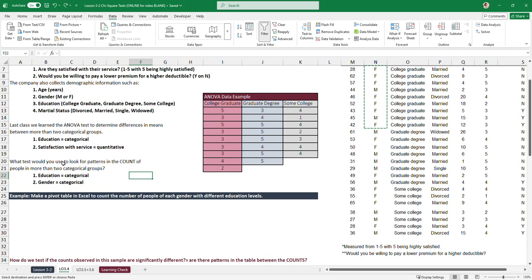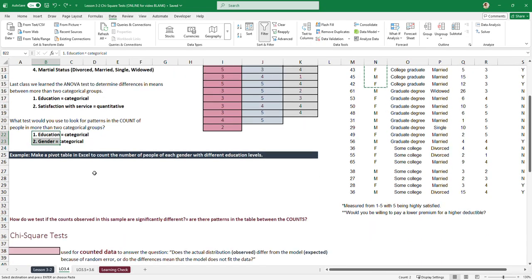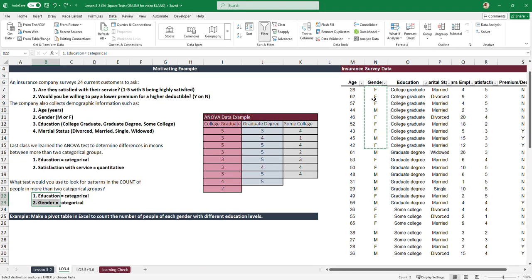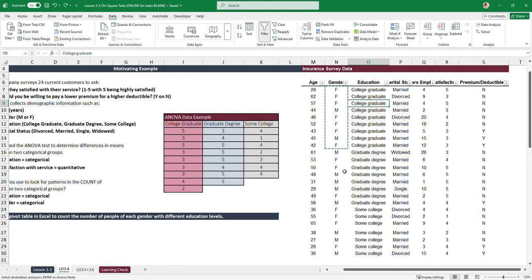average of. When you only have two categorical groups, is there some kind of statistical test that can see if there's differences between the counts in each group when you don't have any numbers, when you only have the categorical information? So when you have data that's categorical, really all you can do is count how many times you have each variable occurring. So if you want to count how many times each gender and each college education occurs, how